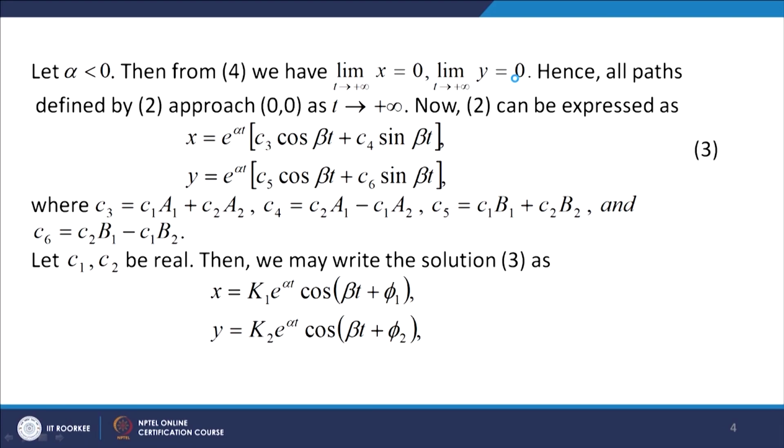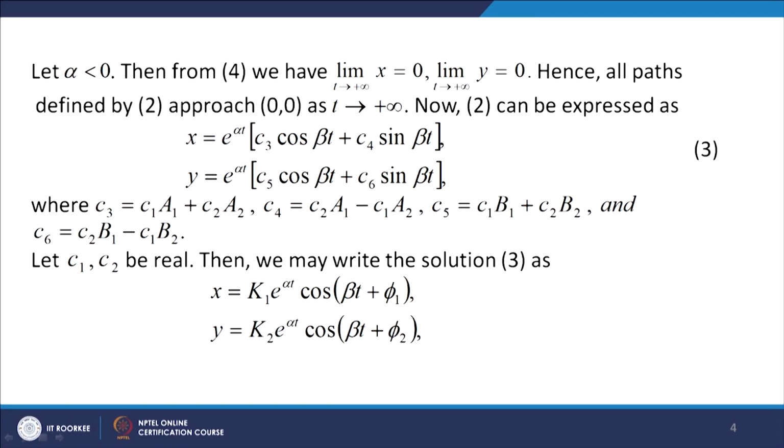When you collect the coefficients of cos beta t and sin beta t, it turns out that c3 is c1 a1 plus c2 a2, c4 is c2 a1 minus c1 a2, c5 is c1 b1 plus c2 b2,